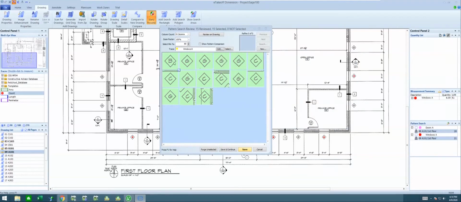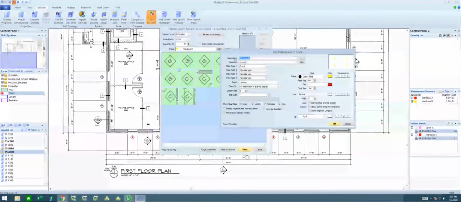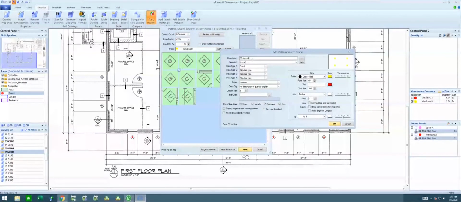And what is Windows B's? Well, none of this stuff looks like a window B. So I'm going to just turn all that off at the moment. I'm going to save and continue. I'm going to edit it again. And it looks like I've got quite a few G's in front of me. So I might even skip and jump to G for a moment.